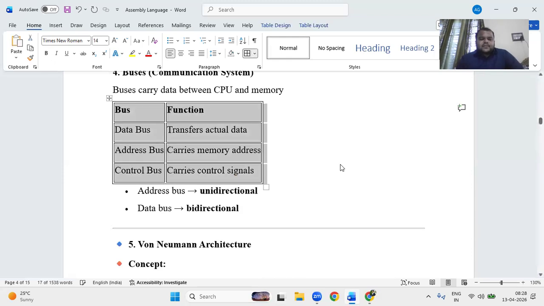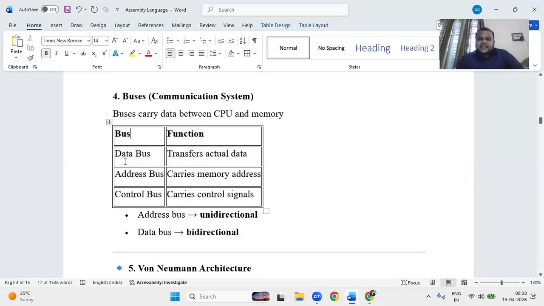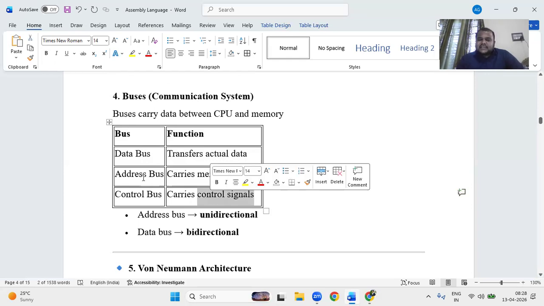So what is the first one? Data bus. The name already is there. This carries the actual data. Address bus, it carries the address, the memory address. Control bus, it carries the control signals. It's like a MAR, and control bus means